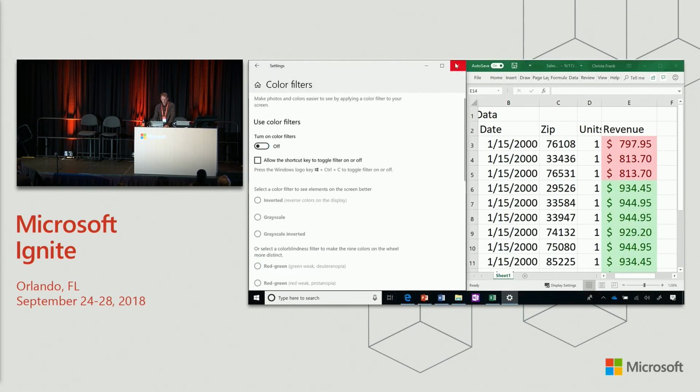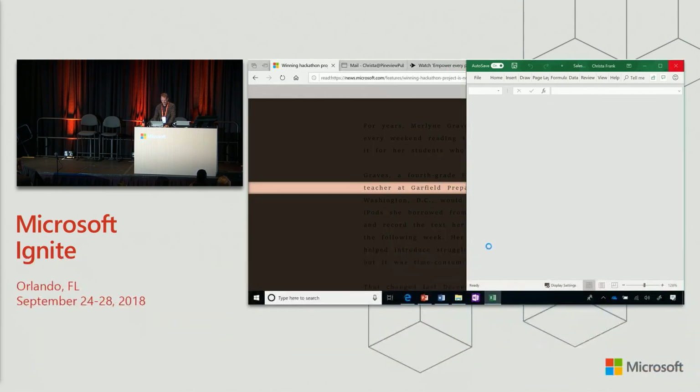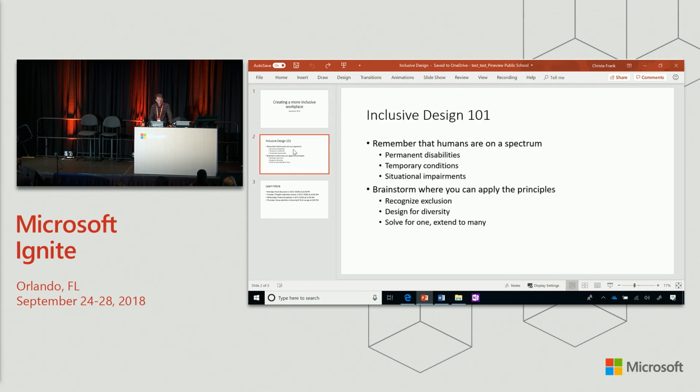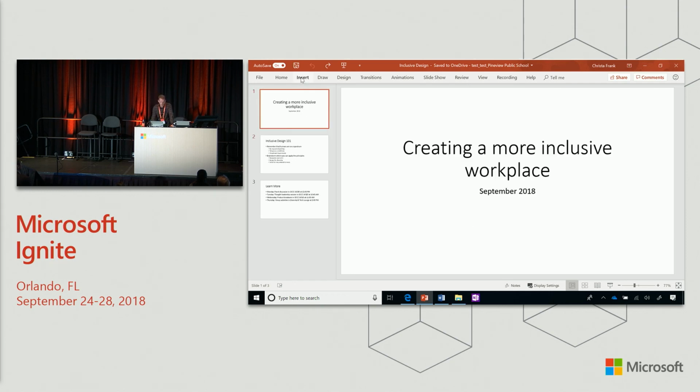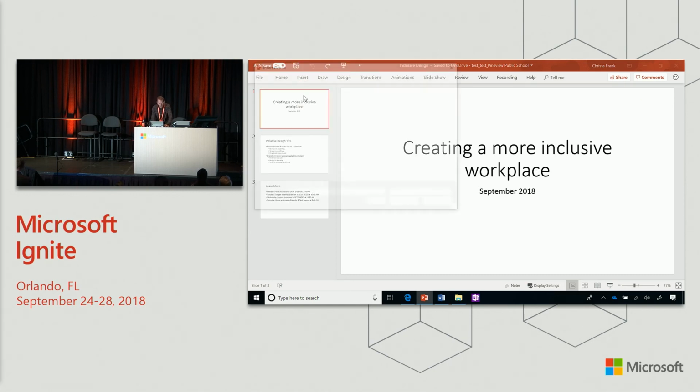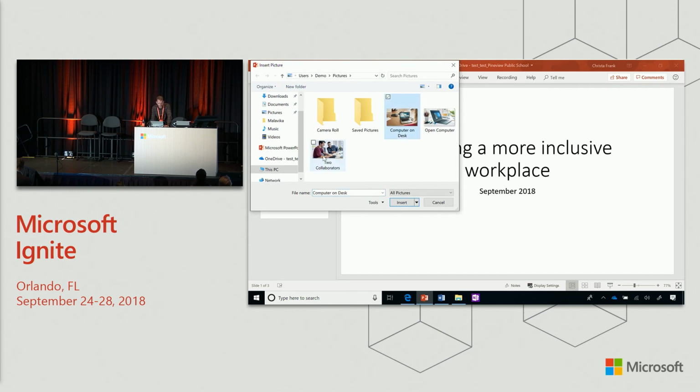Another one of the features that is one of my favorites is PowerPoint Designer. So I have a deck where, this is a more inclusive workplace deck, and it's pretty boring. And from a catchy or getting someone to read it, it's not going to really jump out and grab you. So let's just see what we can do to spice this up, make it a little more interesting, but also really focus on how do we make it more readable for someone who has cognitive disabilities or actually for me probably. So if I come in here and I go to pictures and I just pick a couple of pictures here,